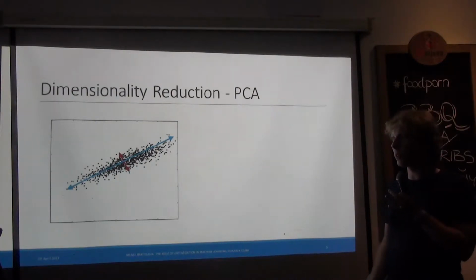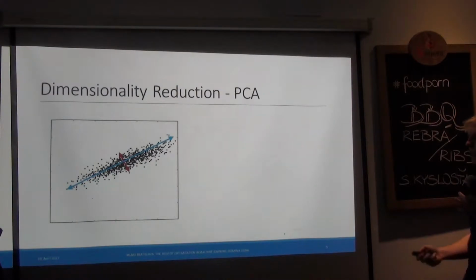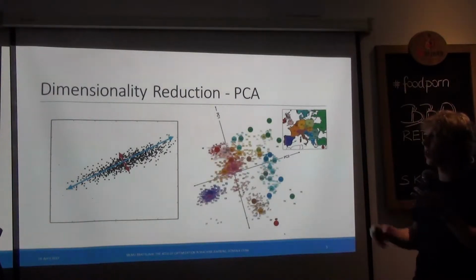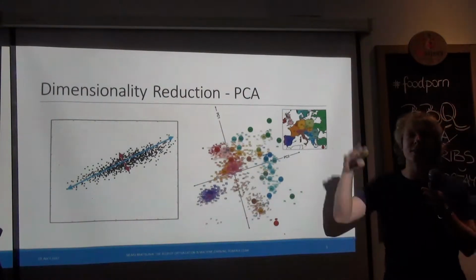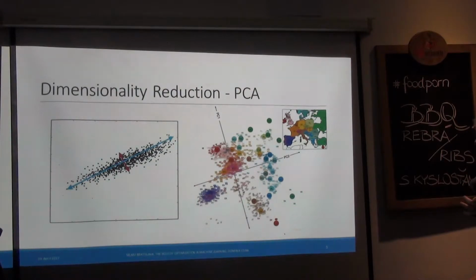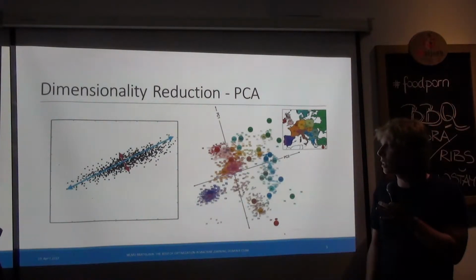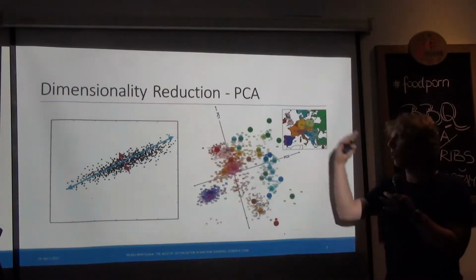For example, there was this paper published in Nature, I think, where they collected some sort of DNA data, some sort of genome stuff. Those are very high dimensional features. They projected it into 2D. They labeled each of the data points by the country where the person came from, and voila, that's the map